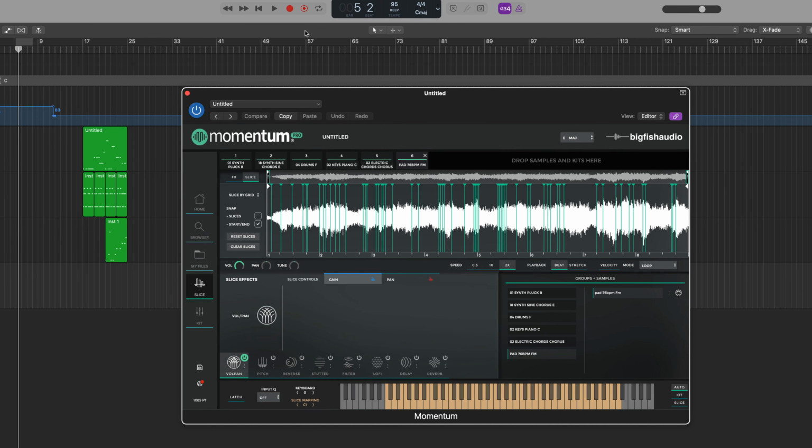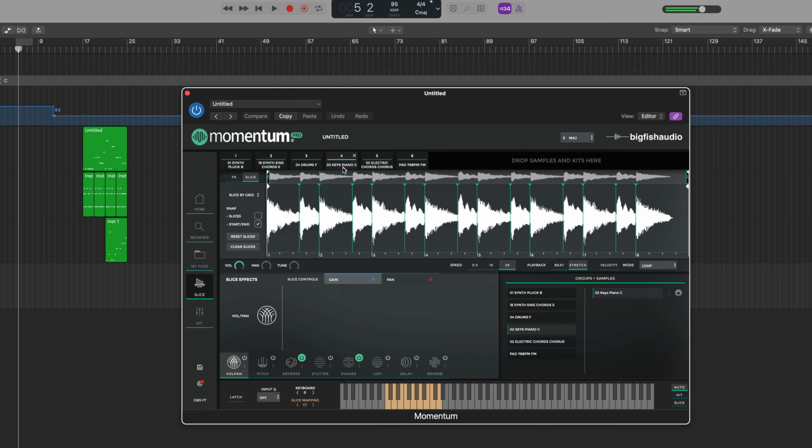Okay, the last thing to look at here is this bottom section of controls next to the keyboard display. First, we have latch. Now, normally when I play back a sample, let's switch over back to the piano here. And I'm going to turn off all the effects just so that we can work with this straight. Now, if I have latch off as it is, when I release a key, it stops playback. With latch on, it's going to continue to play back